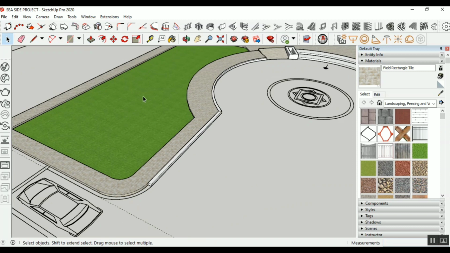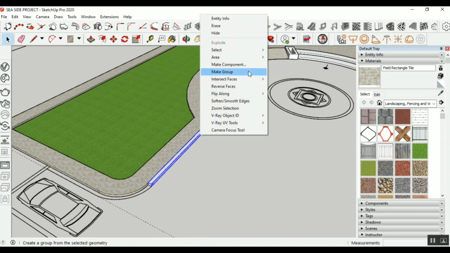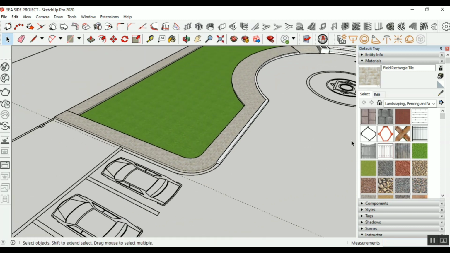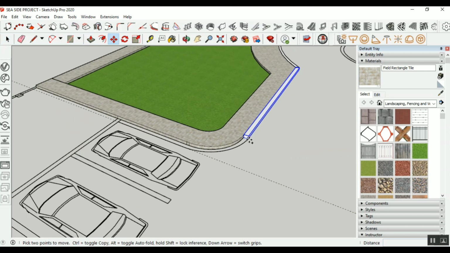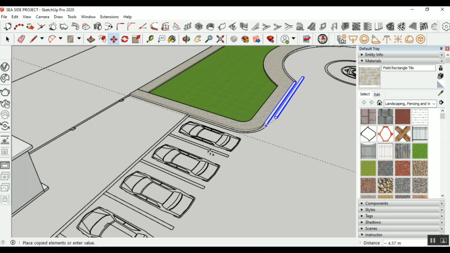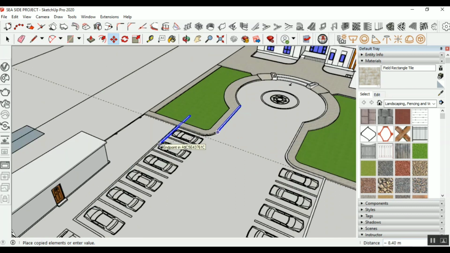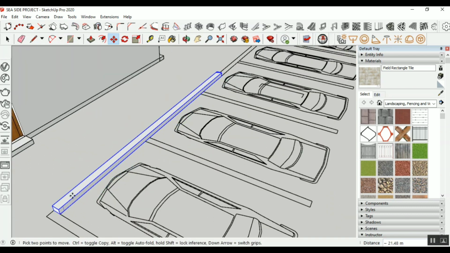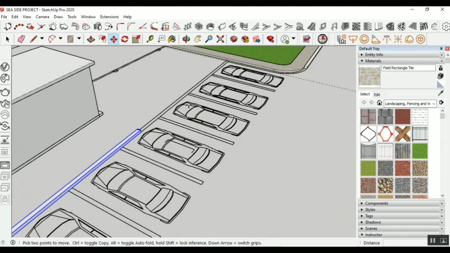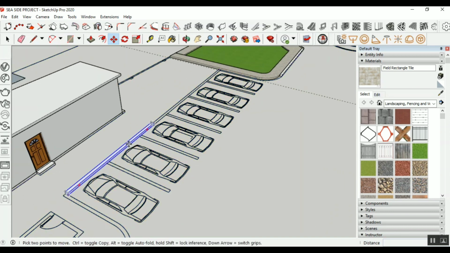So let me make this also a group. Make a group. So this part I can use here also. Make a copy, just click on it. You can use this part here like this. Okay, and copy this part also. We can make it vertical, and we can use this as a shorter area. Okay,